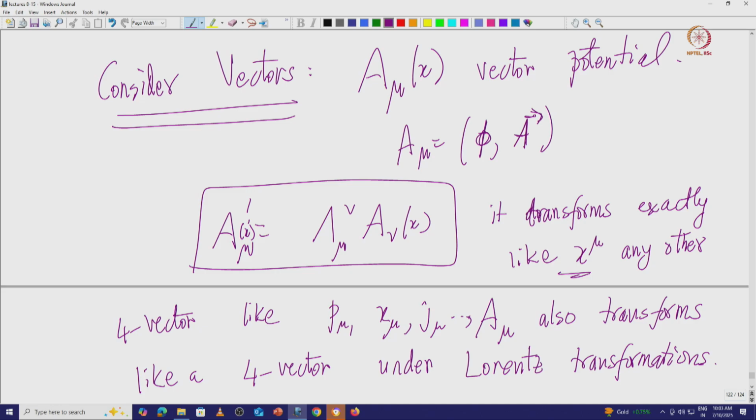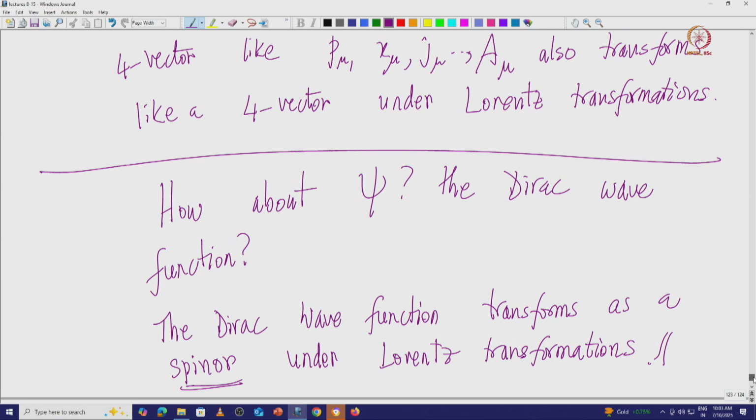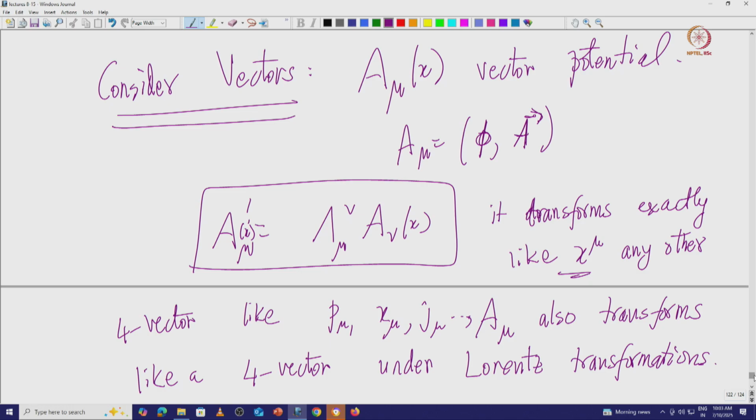We are not looking at the wave functions of A mu right now. At some point we will look at it. The wave functions of A mu are the solutions of the equation. I think I mentioned some time ago in one of the lectures that L Maxwell is equal to minus 1/4 F mu nu F mu nu, and the wave functions are the solutions of this particular equation.